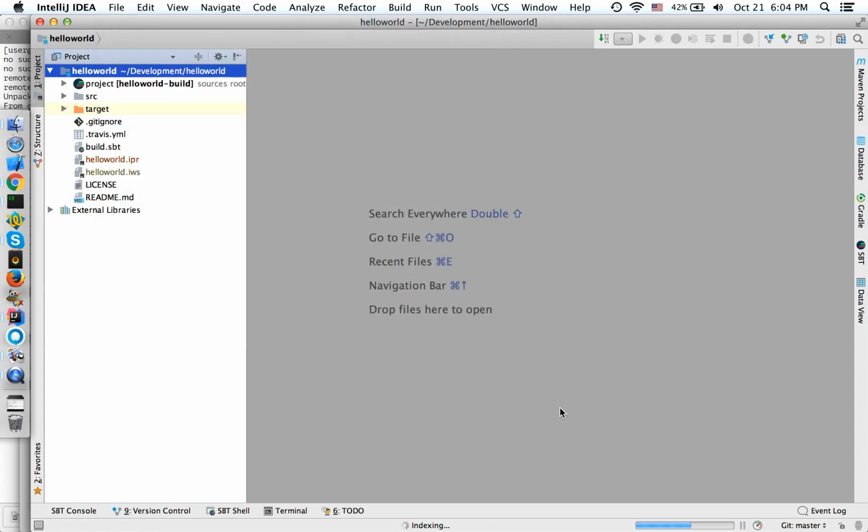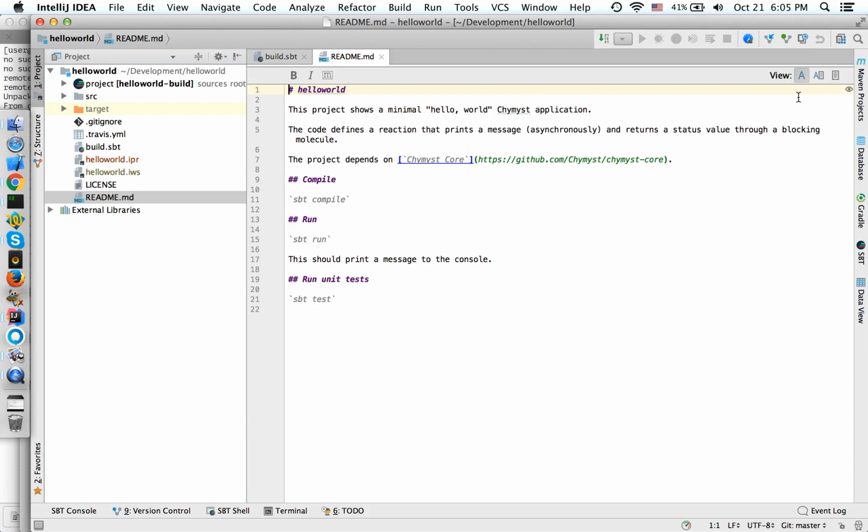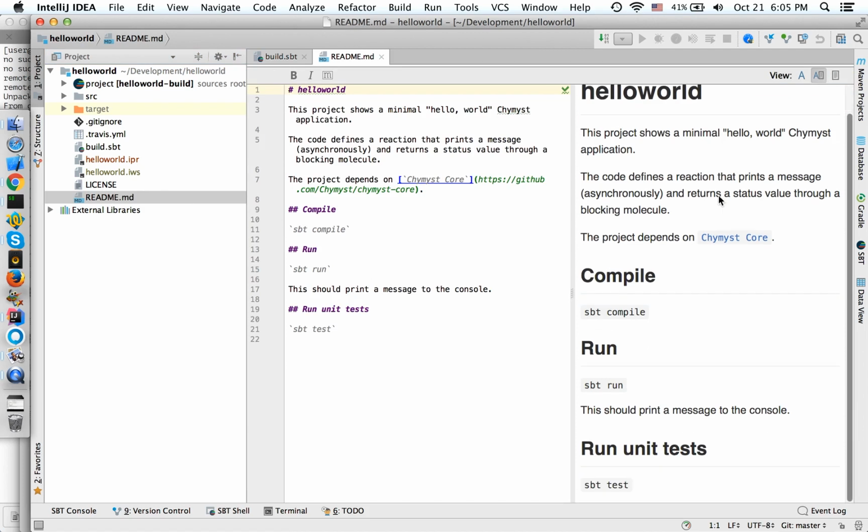All right, so we're indexing, and we have build SBT, which has Scala test, as we already have seen. It has a different, older Scala version, which I guess is fine. It has a README. Now you see, README is shown in Markdown, but you can also view the README in a rendered way,